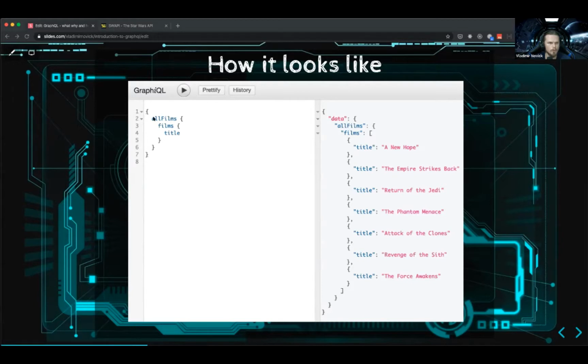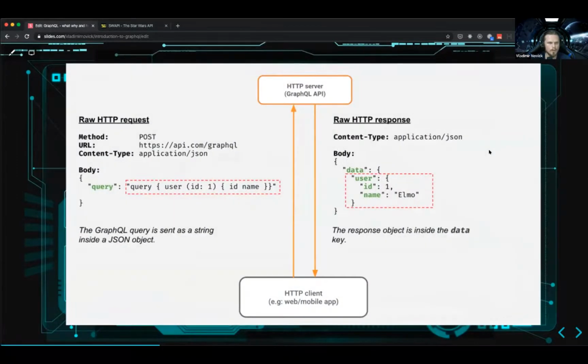Now, if I ask for something else, I wouldn't get a name here, or I wouldn't get an empty object, because it's simply not possible. The request will fail if I try to return that from the server. And this is a simple example. And how does the request look? I basically send a POST request with a query variable.